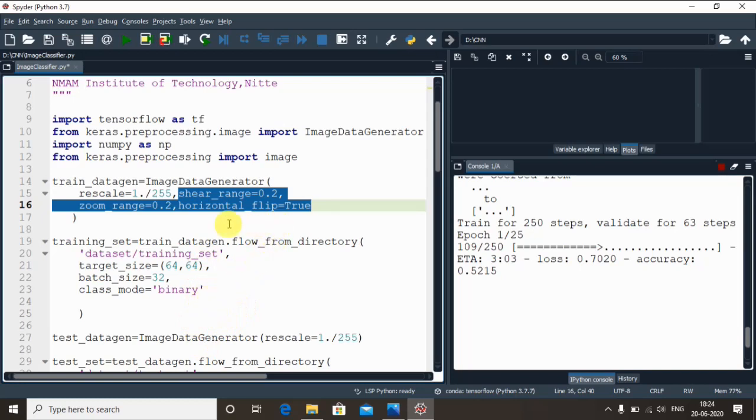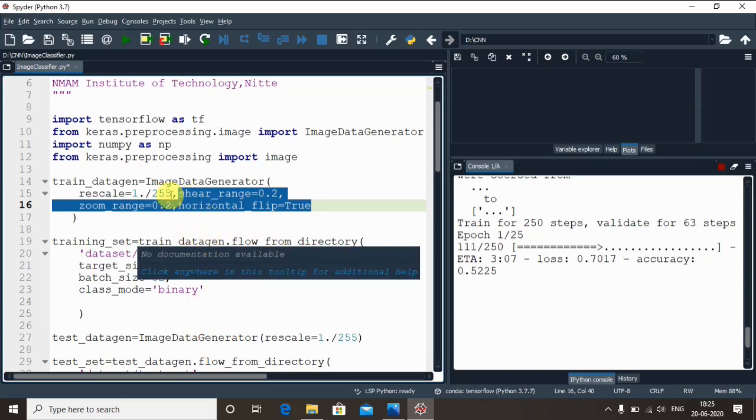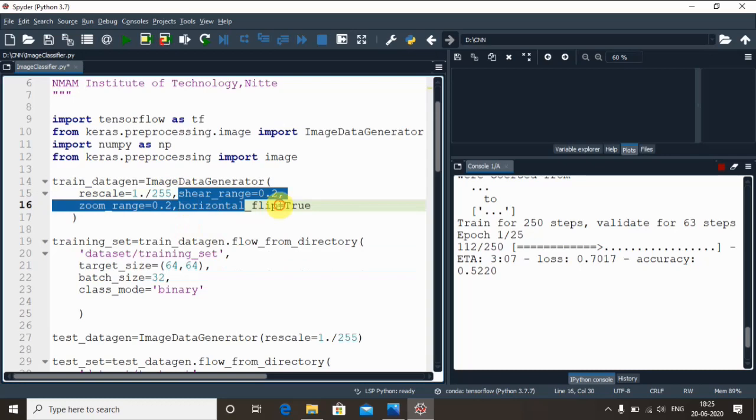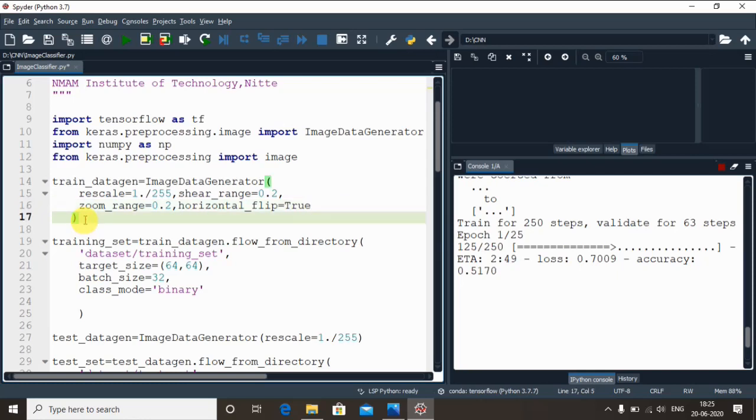So this may lead to overfitting or overlearning of the model. To avoid that, that's the reason why I applied image augmentation or transformation techniques at a very early stage of data pre-processing. I will prove this once I finish the complete 25 epochs. After that I will let you know how exactly we overcame the overfitting of the CNN, right? So that is how it works.